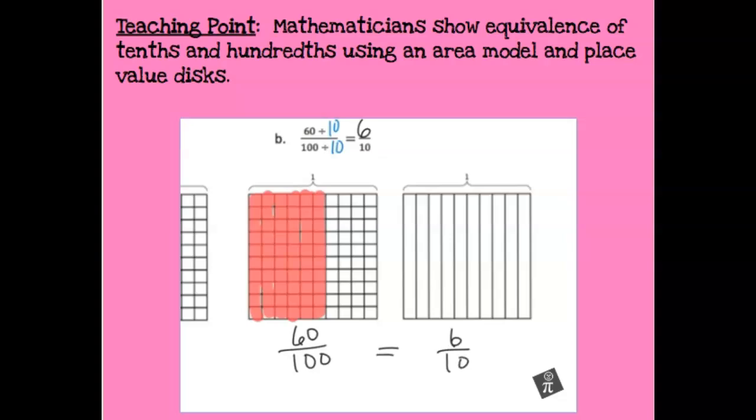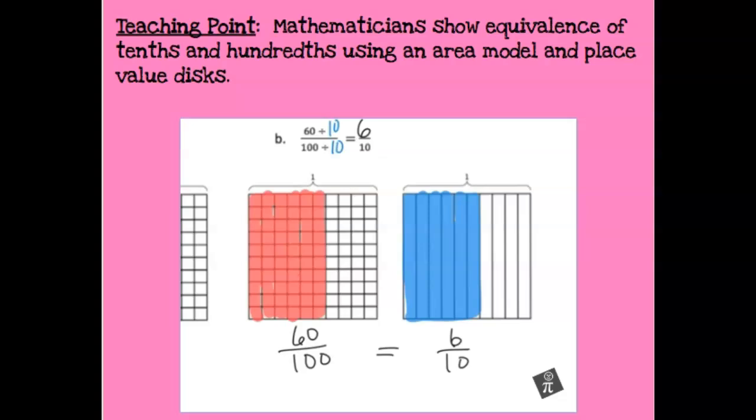Let's make sure. So let's just grab another color, and let's do blue. And we got, well, there's 1/10, there's 2/10, there's 3/10, 4/10, 5/10, and finally 6/10. So there, and we can see, hey, this and this, they're the exact same amount of shaded in stuff. All right, so we can see that they are equivalent, and so there you go, that division, when you divide both the numerator and the denominator by 10, you get a new fraction, but it is equivalent